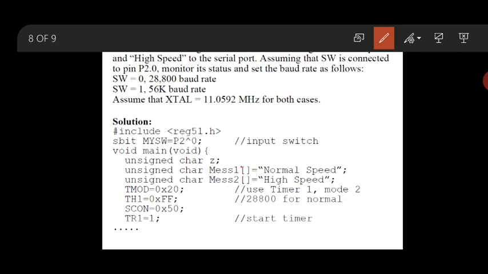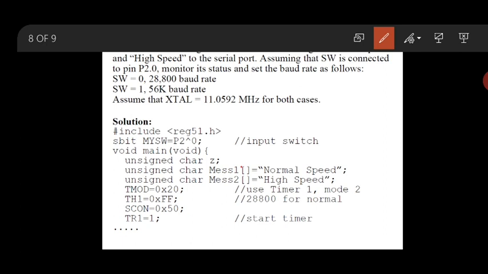Let us take 1, 2, 3, 4, 5, a space, 6, 7, 8, 9, 10. The 10 will be assigned to MES2, meaning the size of MES2 is 10. Right? You use the empty bracket. And as we know, it is unsigned because we are always working on unsigned characters. It will take only positive values because there is no ASCII value represented with a negative.